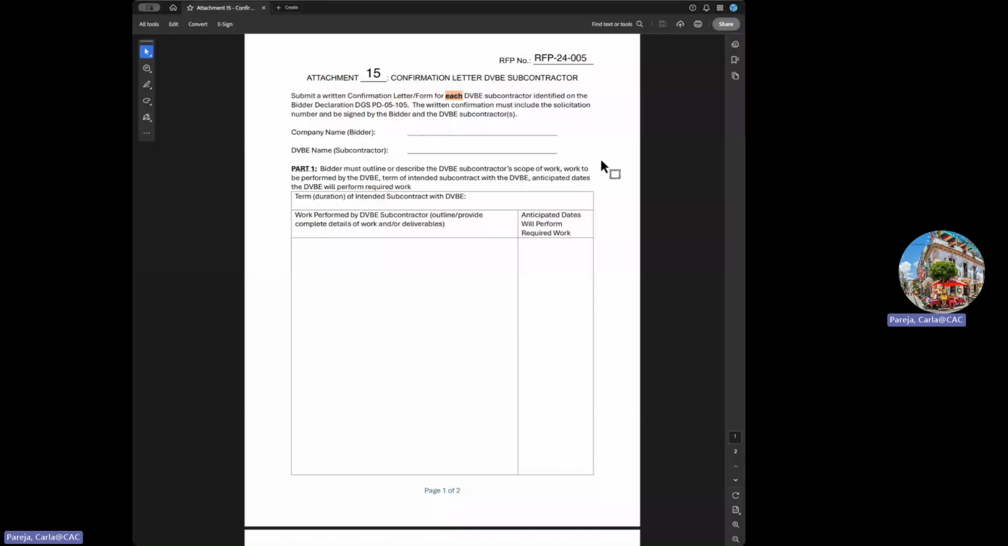Please read this form carefully. Make sure that you fill it out as thoroughly, completely, and accurately as you can. And if you are using a DVBE subcontractor, you will need to complete Attachment 15, Confirmation Letter, DVBE Subcontractor. Submit a written confirmation letter for each DVBE subcontractor identified in your bidder declaration, DGS